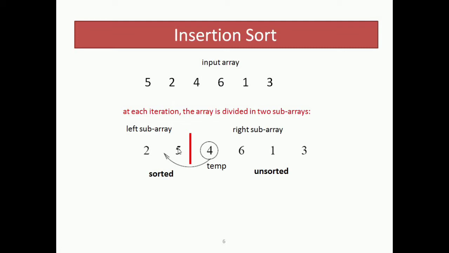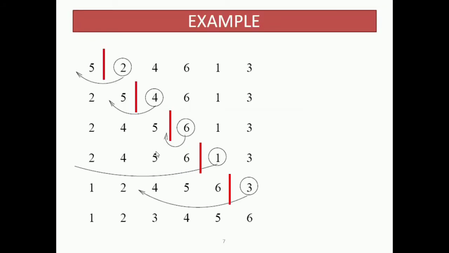So basically, an element from unsorted list is stored in a temporary variable and then compared with elements of sorted list. The element in sorted list is accordingly shifted and the value in temporary variable is then stored in the sorted list. Let's see how each step is performed in insertion sort. Initially, we take the first element to be the only element of sorted list. The list will always be sorted since it's the only element. Here our sorted list consists of the element 5, which is the first element.